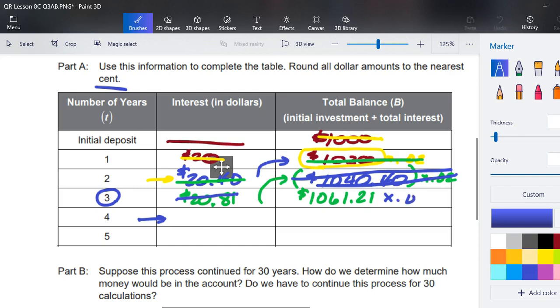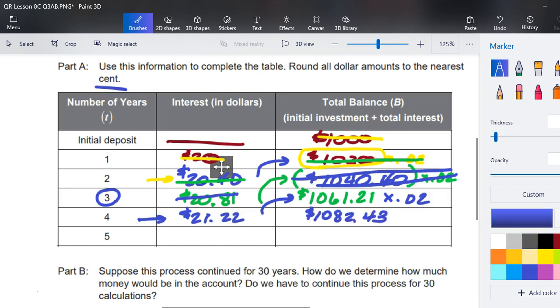I will multiply it times 0.02, and my new interest is $21, and to the nearest cent is 22 cents. I will add it to the $1,061.21 to get a new balance of